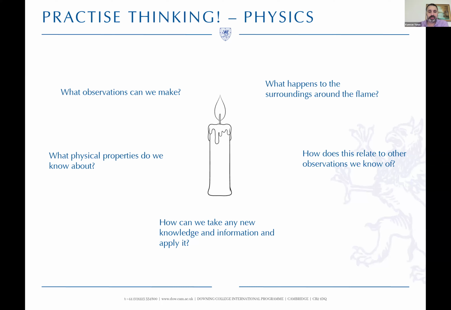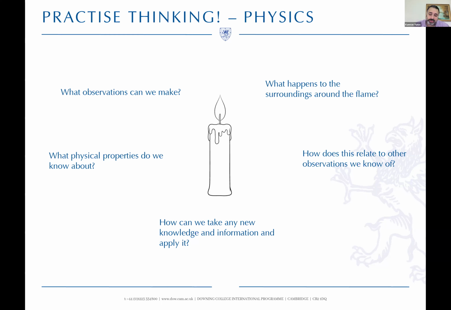And what happens when the air goes further away from the flame? How do the density and the temperature change then? And how does that lead to certain types of convective currents, which create this drag to make this point on the flame? So the point is, it's about seeing how you can apply what you've learned so far to something you've never thought about or paid much attention to before.